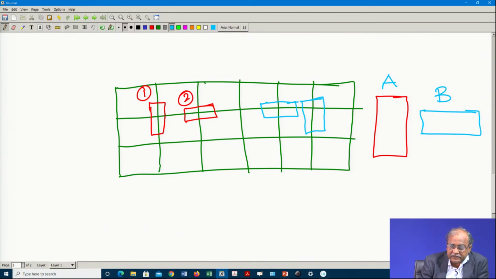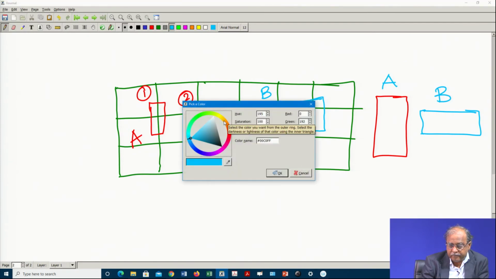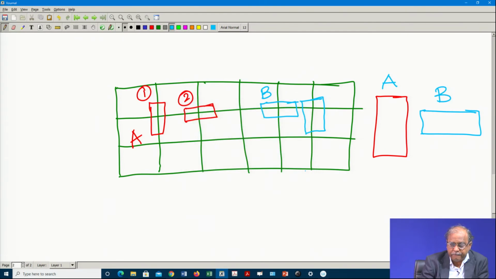So, considering the present situation, since we are talking about this one as A and this one as B, if we do like this, then this is not acceptable. B also, this type of thing is not acceptable, only this one and this one are acceptable,